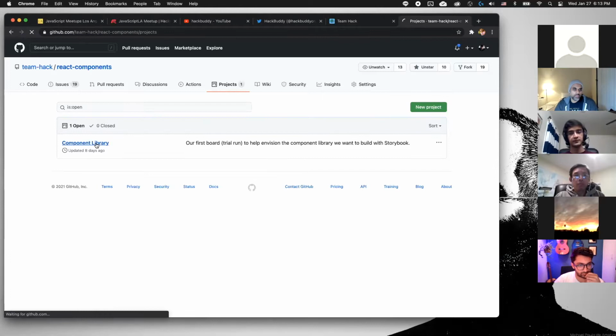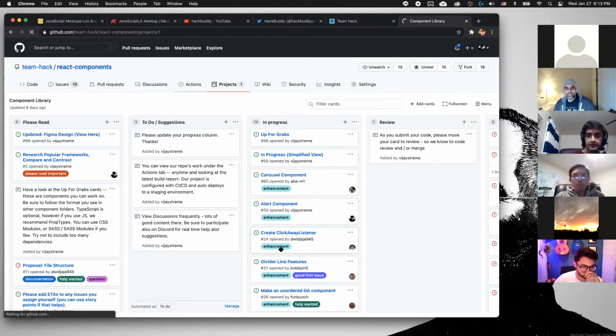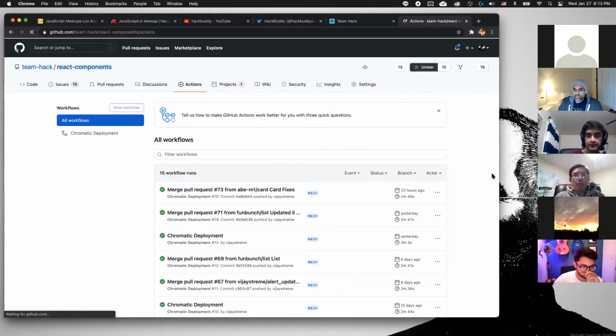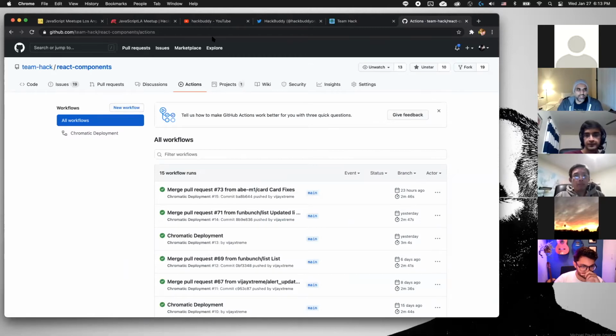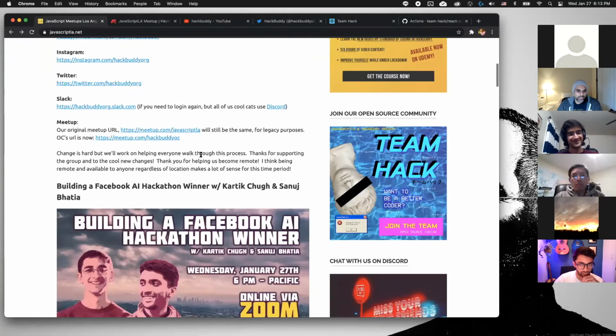If this is your first dive into open source, it's pretty easy to kind of learn. You just follow the project board, and then every Tuesday we have meetups for Team Hack. So you can go there and see what we're doing and join in if you feel like you want to contribute. So with that in mind, let's talk about more GitHub with Kartik and just dive into his project with